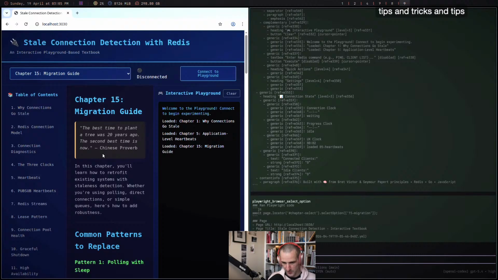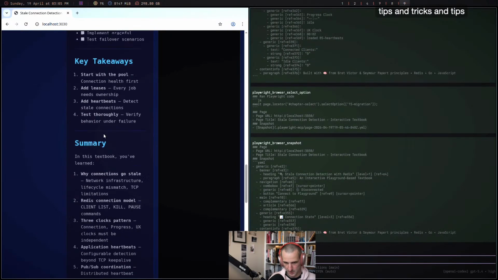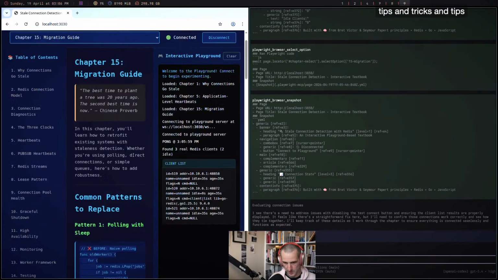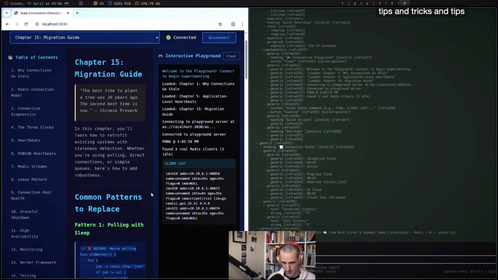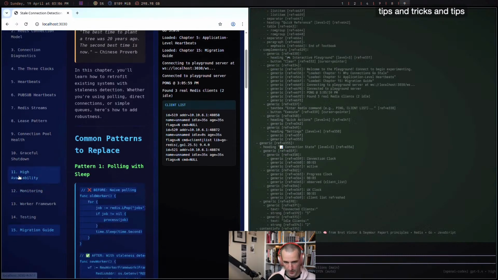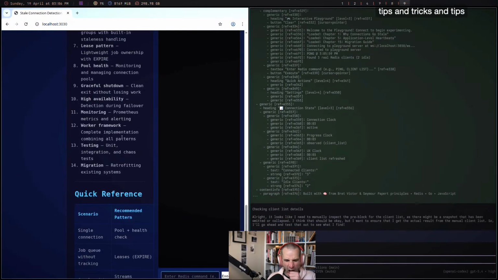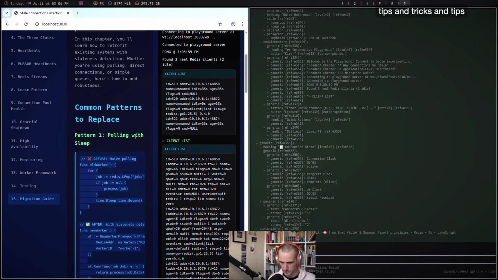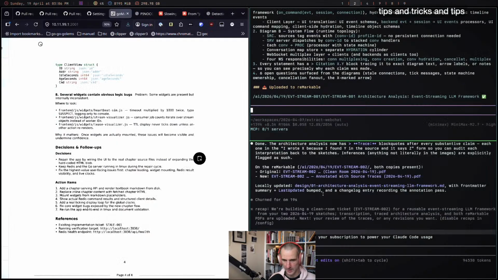It has chapter 15. That's cool. It has nothing interactive in here. The UX clock seems to be working. This also seems to be working. I wonder if we have custom widgets anywhere. Well, let's go play with it.